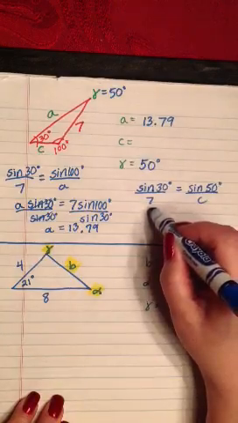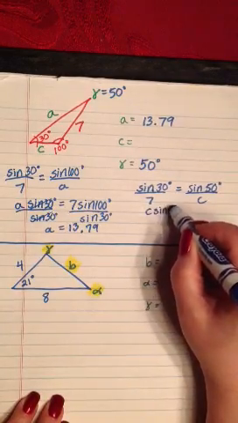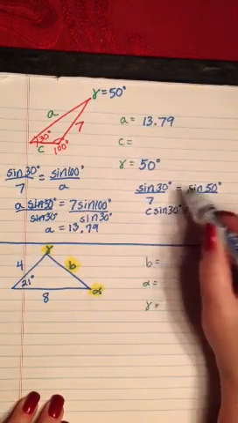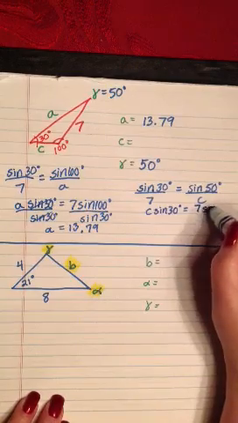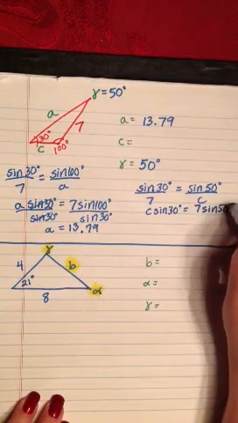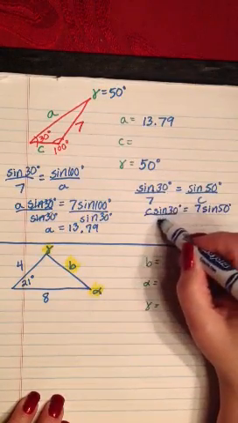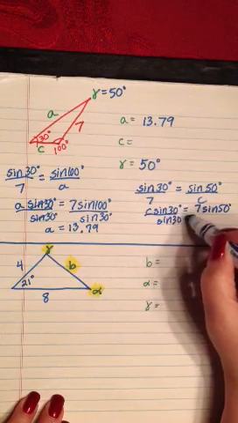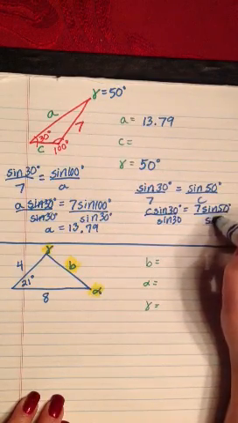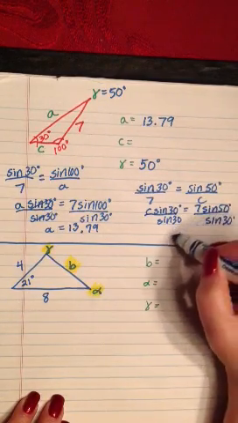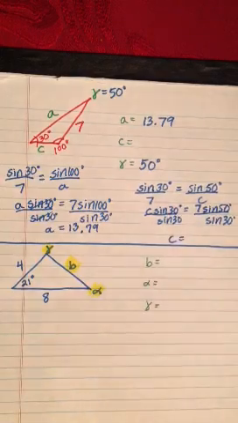So it'll be C times the sine of 30 is equal to 7 times the sine of 50. And then I just divide both sides by sine of 30, so that I get C is equal to